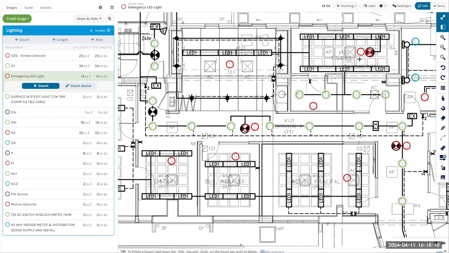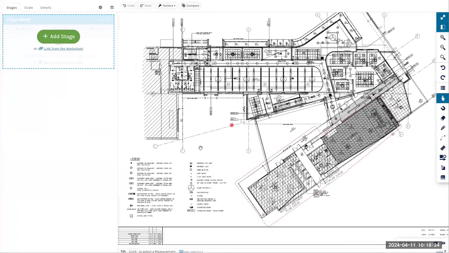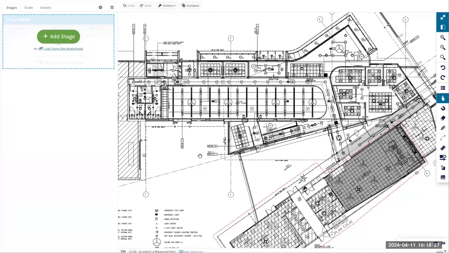Now, once my plan was fully marked up, I'm going to head over to the left-hand side and click to mark my plan as completed. I'm then going to navigate through to the next plan using my navigation arrows. So moving on to the next plan, I have a couple of options when it comes